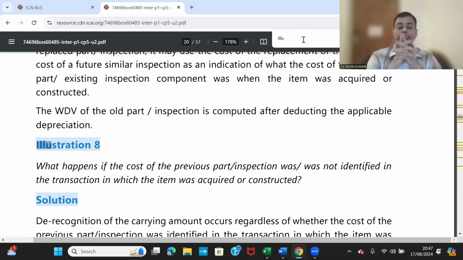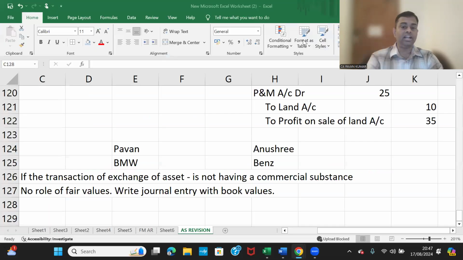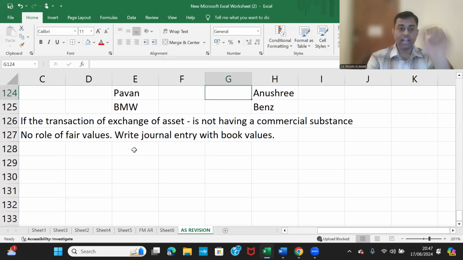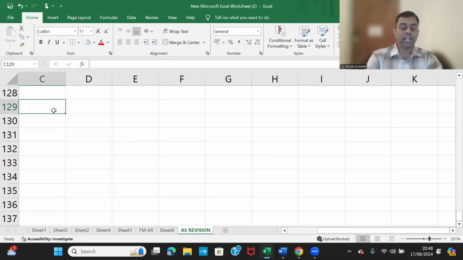Okay, next question. Can you read this, please? What happens if the cost of a previous part or inspection was or was not identified in the transaction in which the item was acquired or constructed? Put 10 star marks on this. I'm telling you, this will be converted into numbers and they will hit it. Now, say there is a lorry